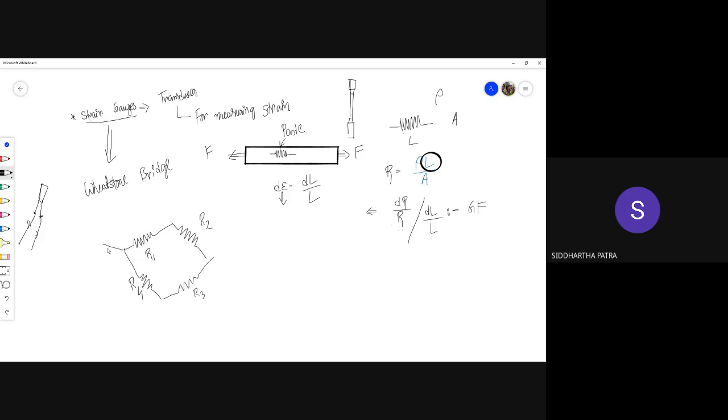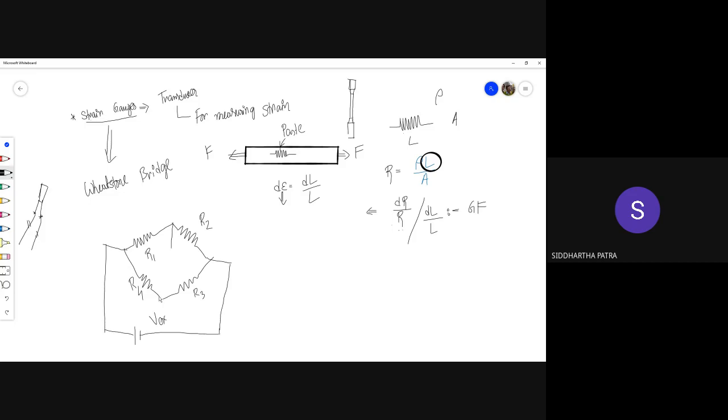And to this, you apply, and please forgive my poor drawing because I'm trying to do that on a computer screen, and I would expect a better drawing from you. You can take help of the internet, of course, or maybe even your textbook. Achha. So to this, I'm applying a voltage, and this thing I'm calling VEX, the externally applied voltage.